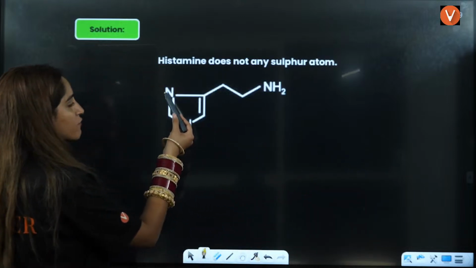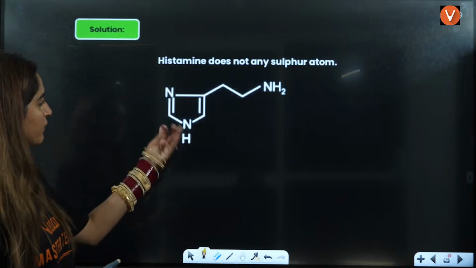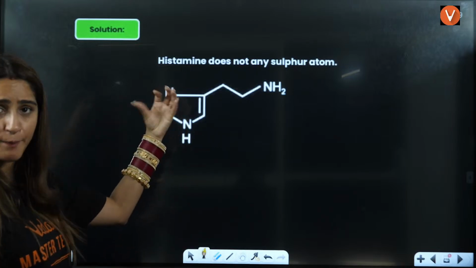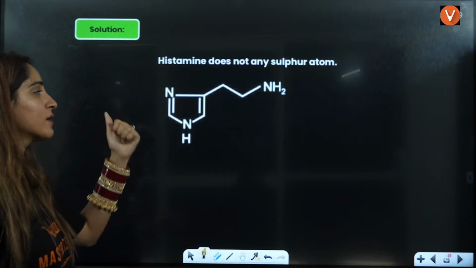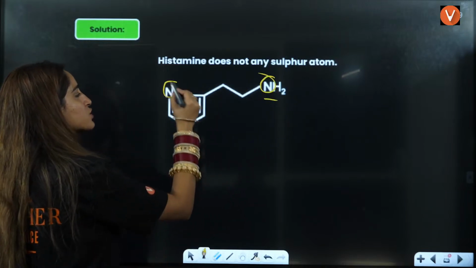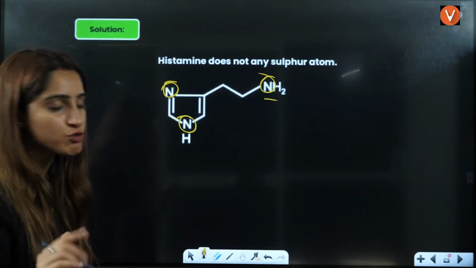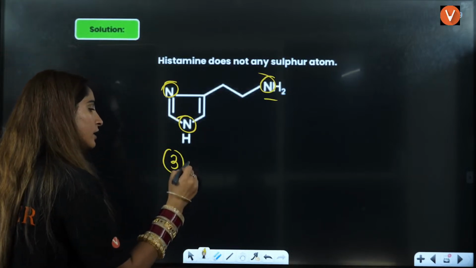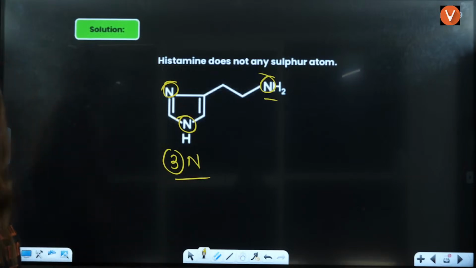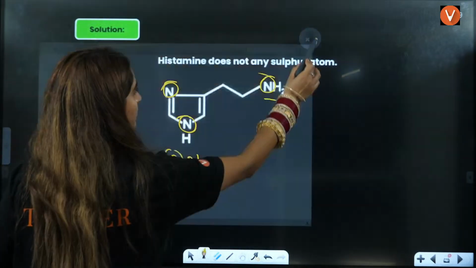So here you have nitrogen, nitrogen, a ring in which you have 2 nitrogen, like a pyrrole in which you have an extra nitrogen, and then CH2, CH2, NH2 attached to it, which does not contain sulfur. It has 3 nitrogens in the structure, right? Okay. Next, beta, we have,